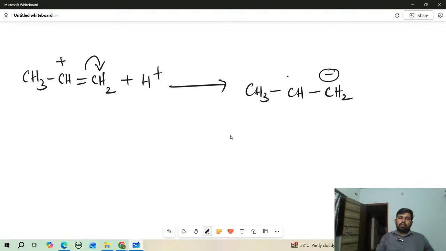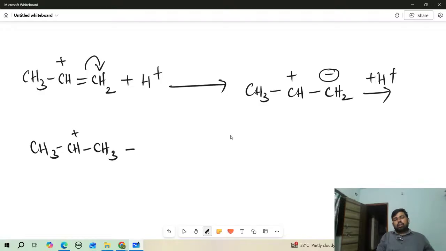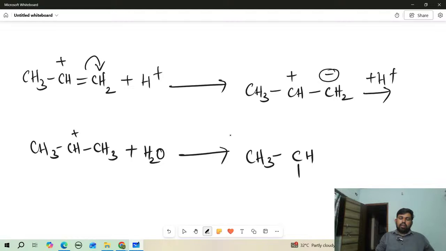Negative charge at the second, positive charge here. Now this will be attached here. Now we will get CH3. So we add H plus. It forms CH3, CH, single bond CH3 and has a positive charge. Now for this one we'll add water. It forms CH3, CH, we add OH2 plus,